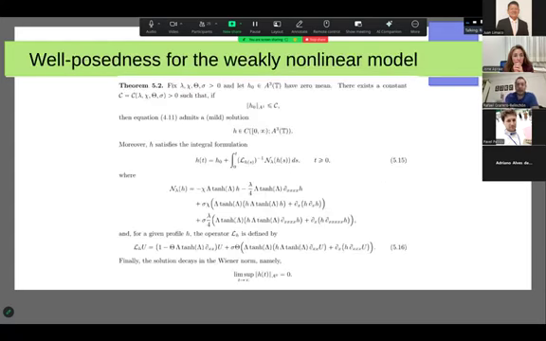So this is what I said. The theorem is... oops. Okay, the theorem is not this one. In fact, this is the